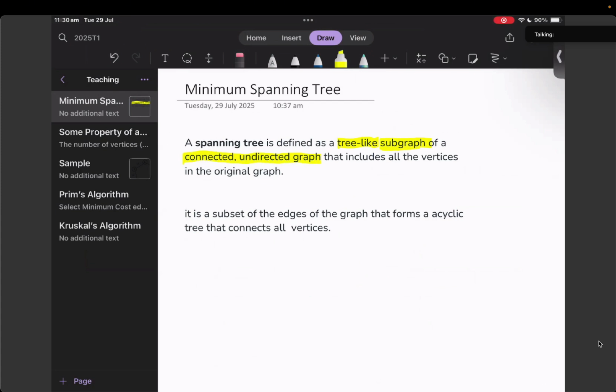So this just means that we want to find a subset of edges that form an acyclic, which is no cycle, tree that connects all the vertices in the original graph. So for example, we have